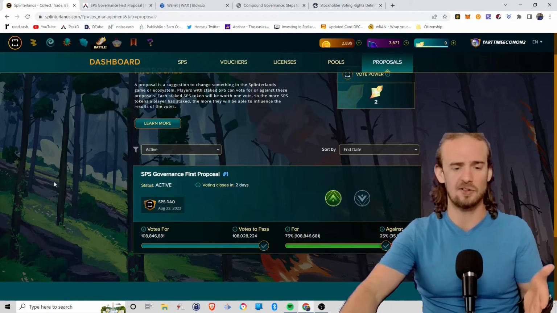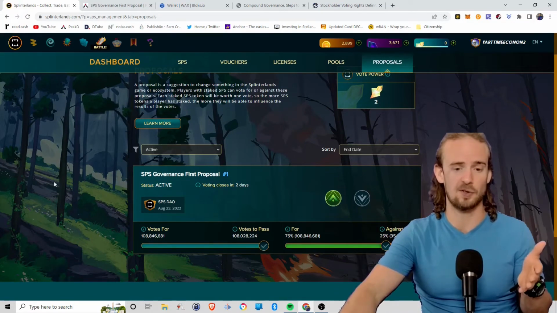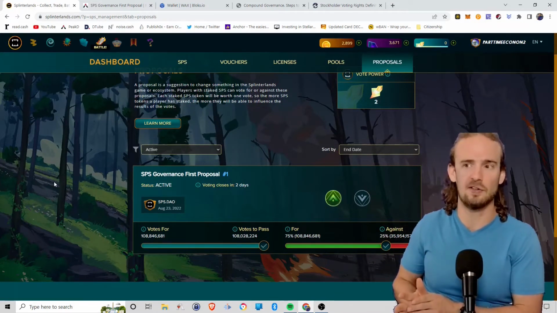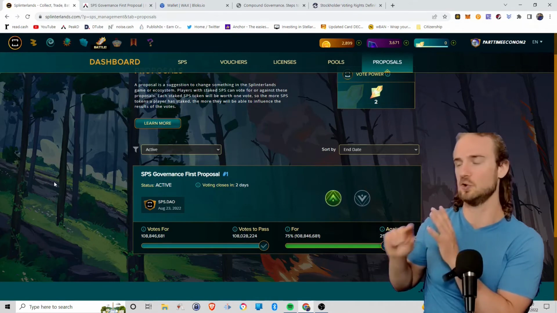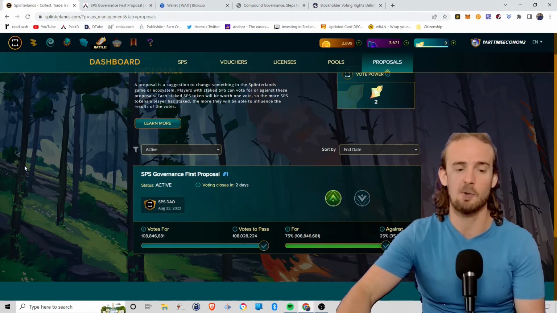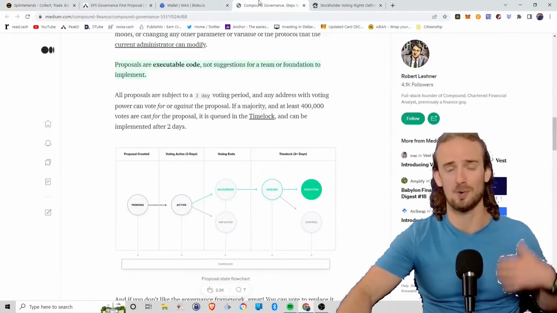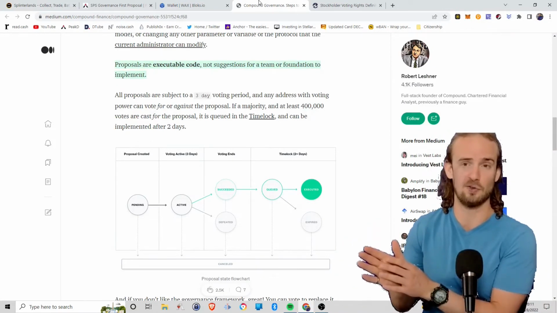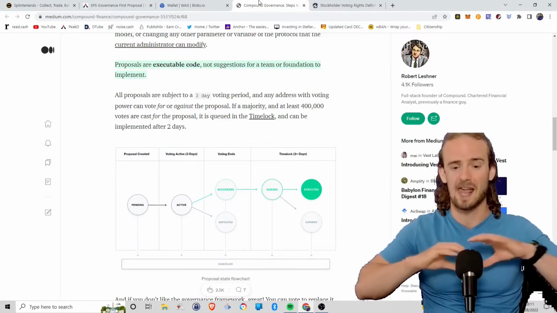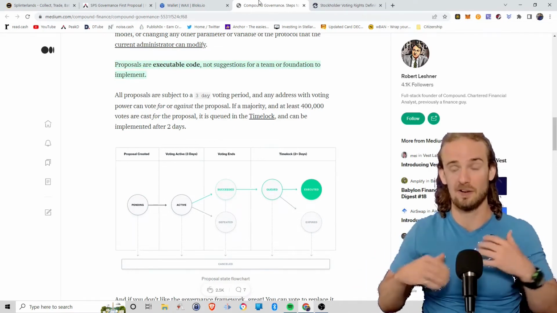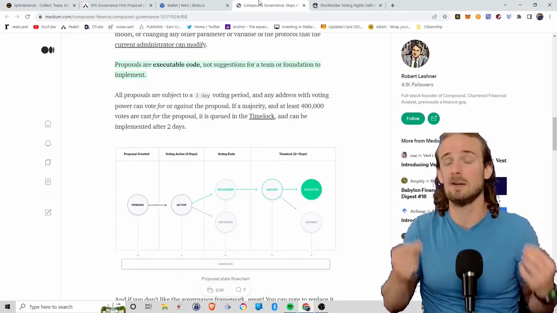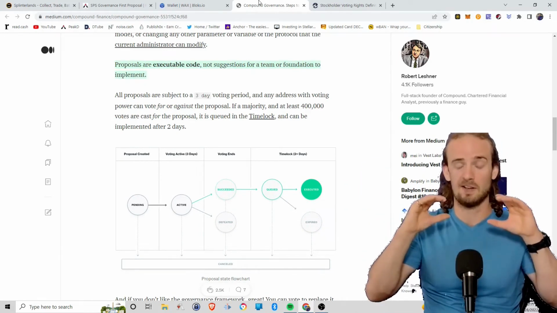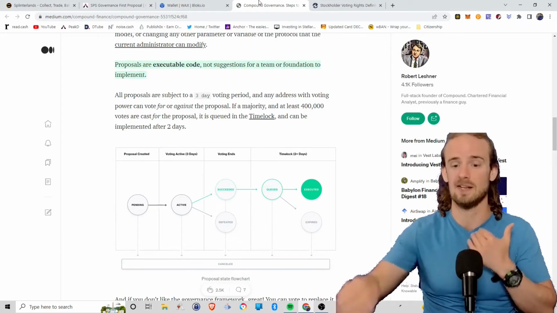So as you can see here, this vote that we did today on Splinterlands, it was a vote to the team, right? So it was, hey, the community wants this. You programmers, you developers, you go and you actually implement this. Now, different governance proposals. If we're talking about Compound Finance, we're not voting for the developers to go and do something. We are actually submitting executable code. So if it passes, it's going to be implemented, right? We're not telling the developers, hey, please go do this. We are saying, if this passes, this is going to be implemented.